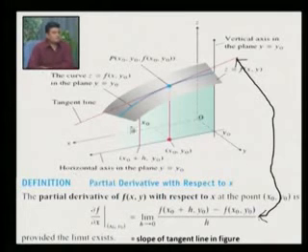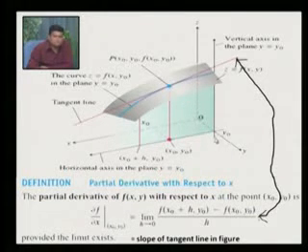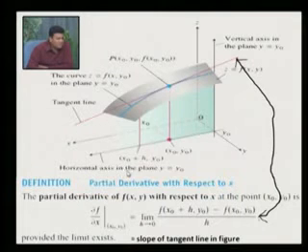Now if I take y equal to y0, it is a horizontal plane. If I cut this surface by the plane y equal to y0, then I will get one curve, which is this blue line. You can see this blue curve is on this surface and it is the intersection of y equal to y0 and the surface z equal to f of x, y. Now here you can see one pink curve. This pink line is a tangent at the point P, x0, y0, f of x0, y0. This pink line is a tangent.